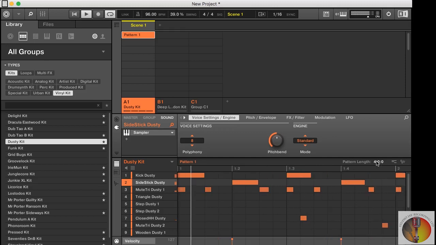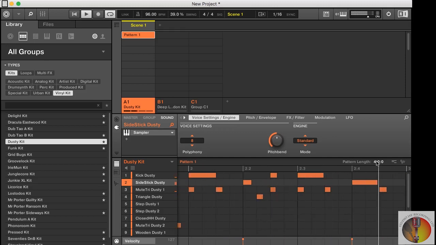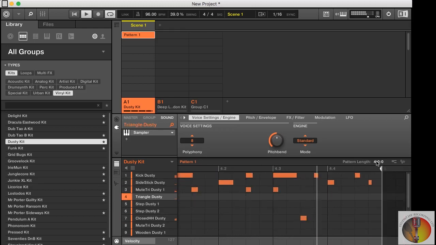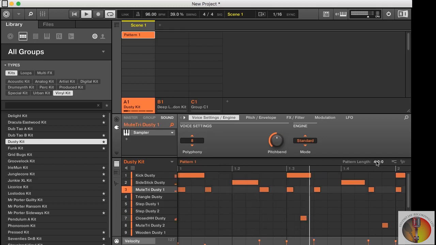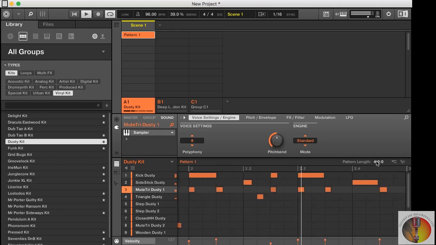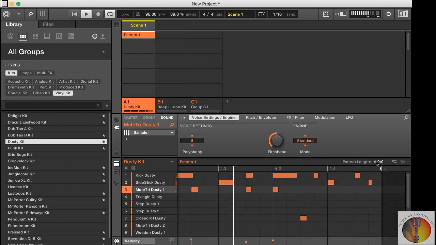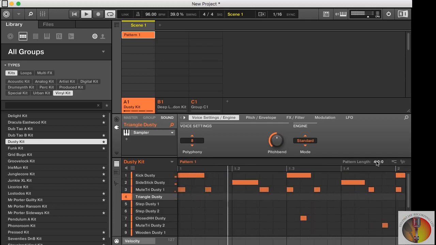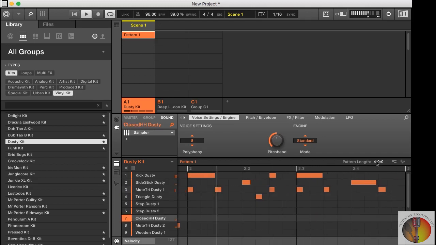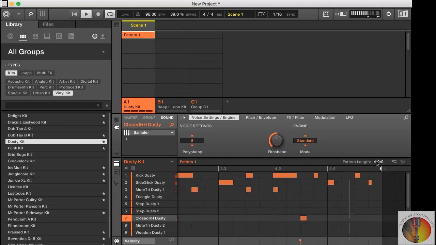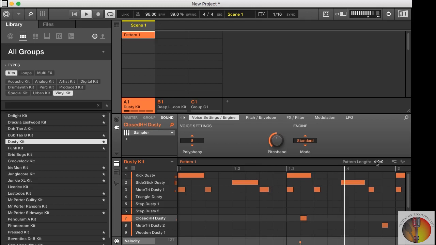So the next thing I want to do is go into the mixer, which I'm doing on the hardware as well. So let's pan these triangles maybe to the left. So again, I'm on the hardware. Let's put the hi-hat on the right. Triangles are a little bit loud, so